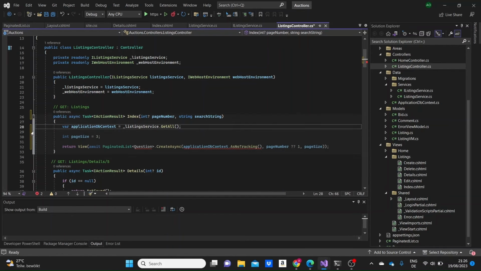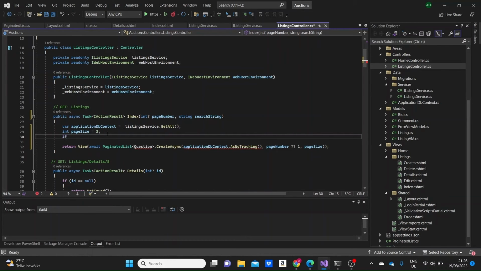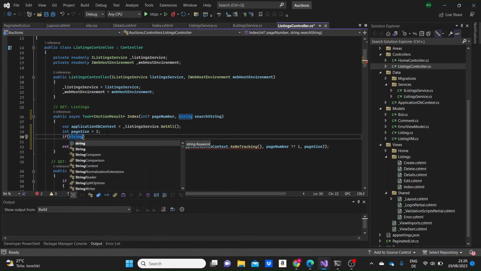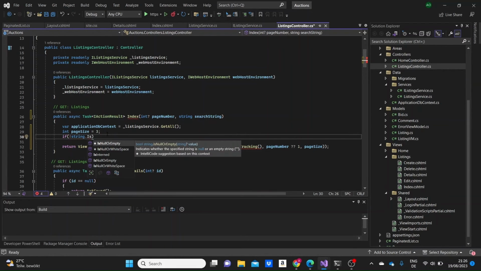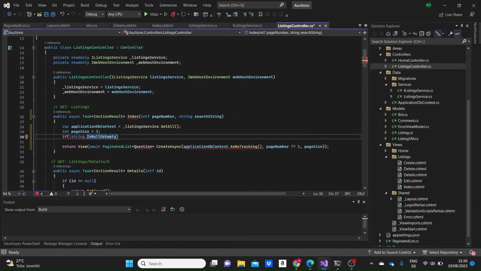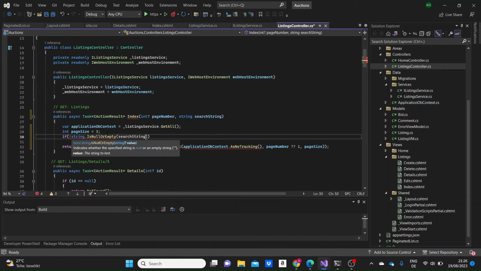So we'll take the items from this application DB context variable. In this application DB context variable, we are setting the page size to 30. And of course, we're taking the page number and the search string from the parameter. And here we actually make an if clause in case the search string is not null. So if a user has inputted something in the search string,